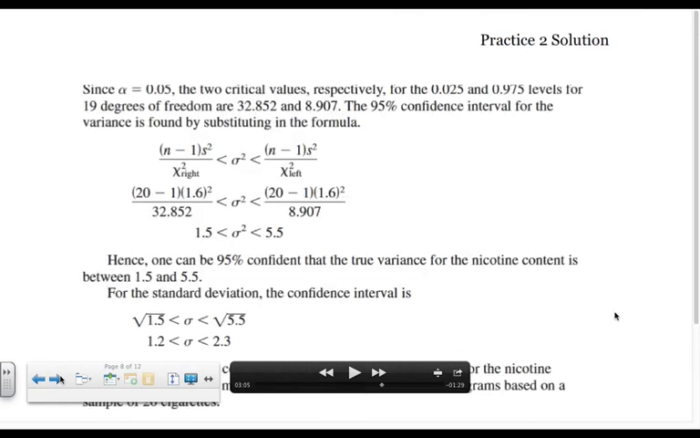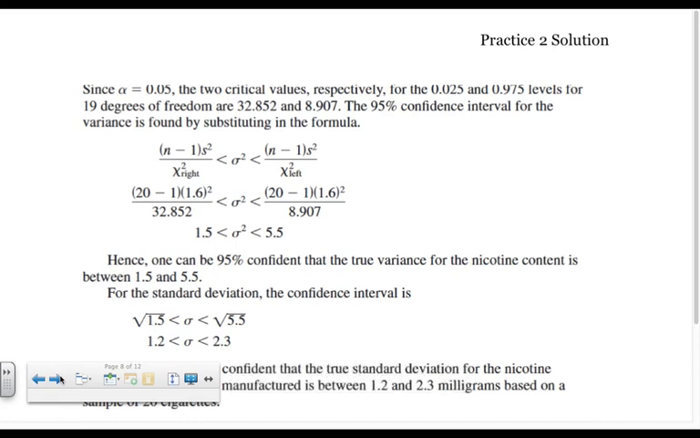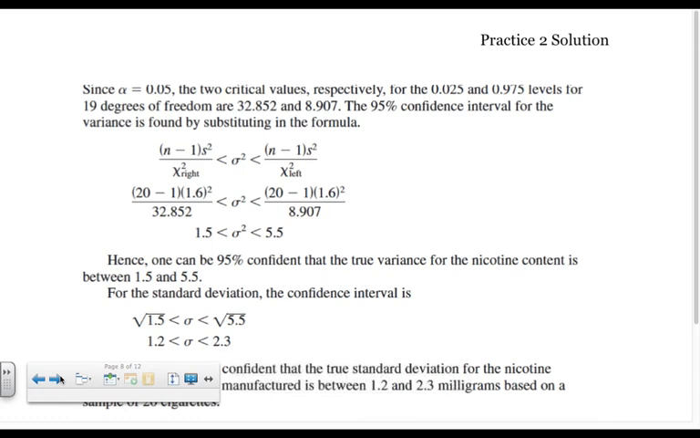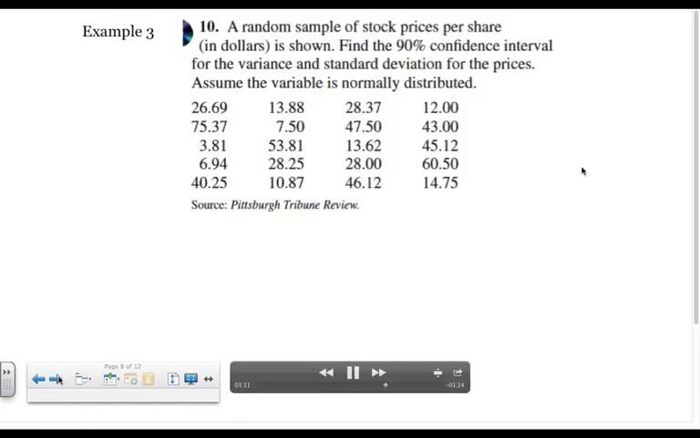So here's your answer. Again, we use the charts, we use 19 degrees of freedom, and a 95% confidence interval, so you look those up. 20 minus 1 is 19, 1.6 squared, that gives me my variance, and square root of both sides gives me my standard deviation. So, one more example, okay, now this one is